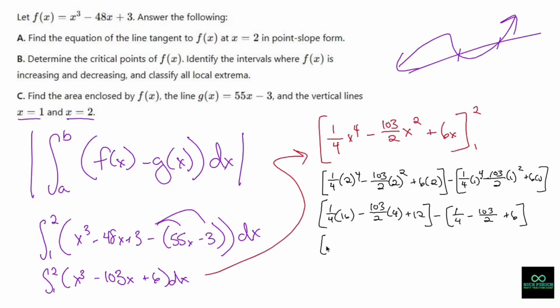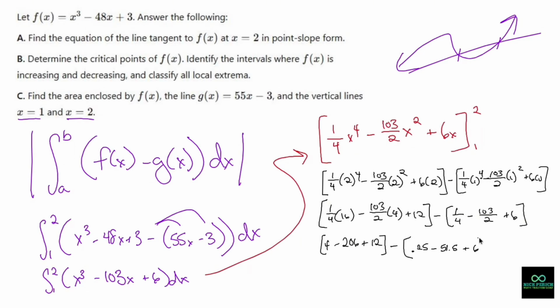If we combine these into one big fraction, I don't want to do it at all. Let's just do decimals. 0.25 minus, what would that be? 51.5